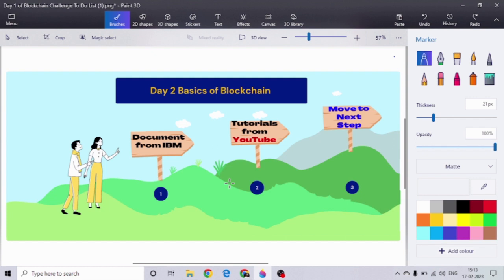I'll be talking about the challenge of day 2, and the challenge was to complete the basics of blockchain. In yesterday's video we discussed the roadmap, the things that we need to follow to get started with blockchains, and our first step was to learn all the basics of blockchains. For that reason, to learn the basics, I followed a document provided by the